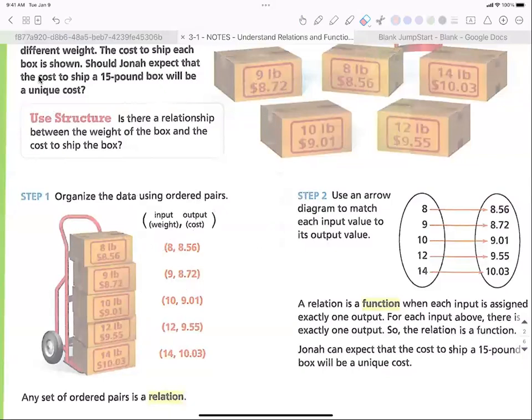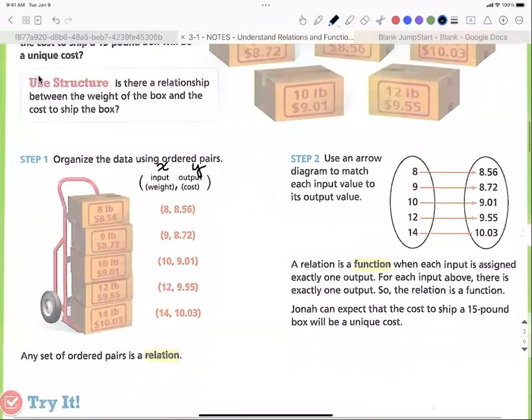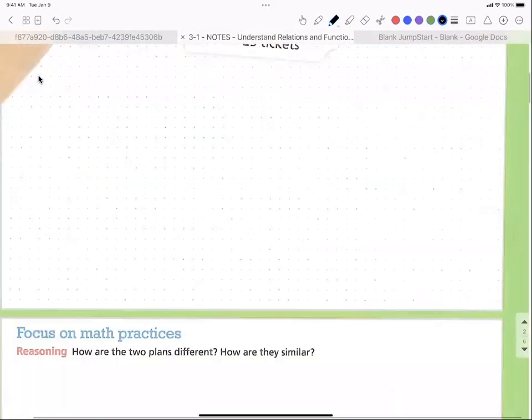In this case, you would go to the post office and they would weigh your box and put that weight in the computer, and the computer would spit out how much you owe the post office. And so what I want you to note on your workbook is that the input is always your X and the output is always your Y. Okay, the input is always your X and the output is always your Y. And the reason for that, and I can even do it up here, you don't even have to write this down,